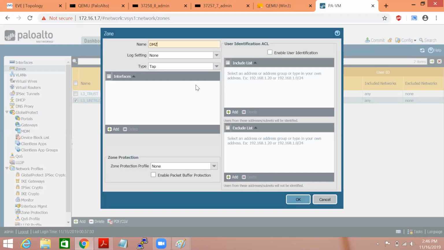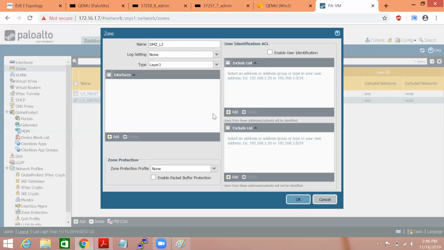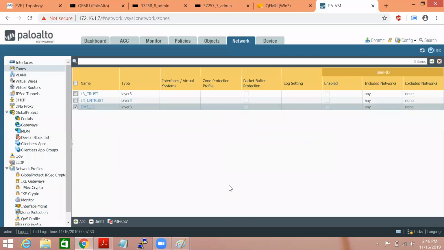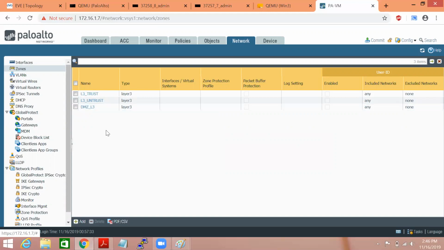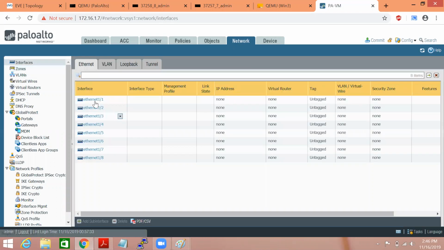Then DMZ, and interface type L3. So L3 trust, L3 untrust, L3 DMZ. These 3 interfaces basically require different zones, so accordingly we configure the zones. Now we'll try to configure interfaces.